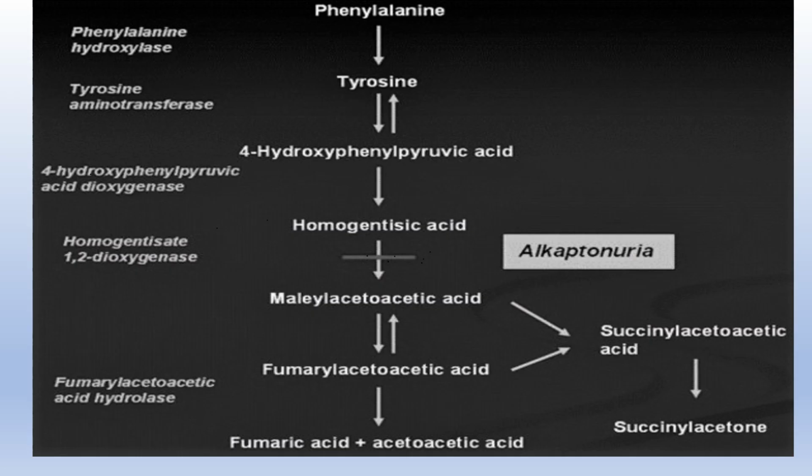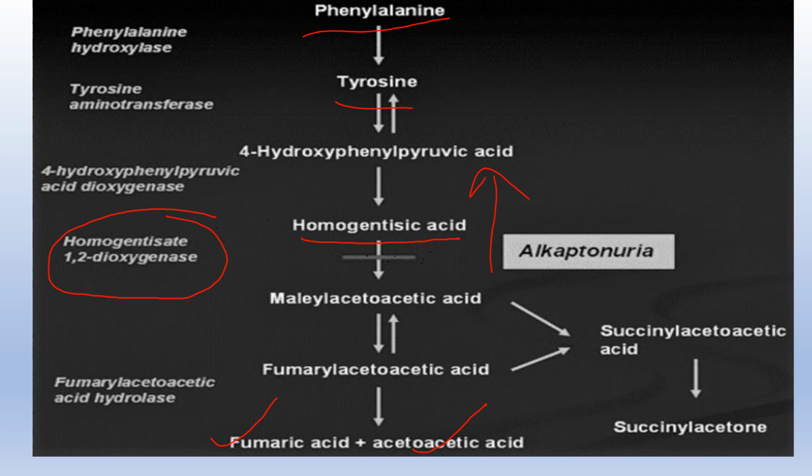Coming to the pathophysiology of the disorder itself, it is an error in the catabolism of phenylalanine and tyrosine, which are amino acids involved in the production of fumaric acid and acetoacetic acid, which are a part of the Krebs or TCA cycle useful in the production of ATP in the human body. The disorder itself is due to a deficiency of homogentisate 1,2-dioxygenase, which is an enzyme involved in the degradation of homogentisic acid, and this in turn accumulates in the connective tissue of the body, leading to bluish-black discoloration on polymerization